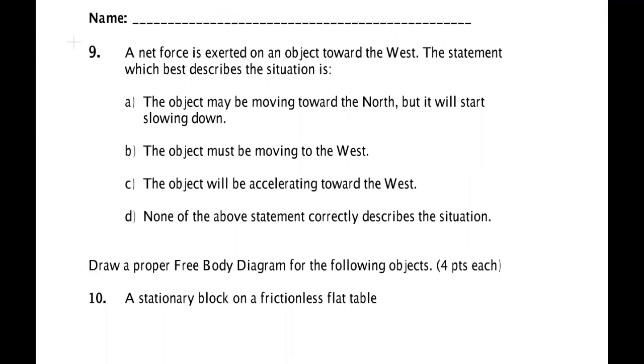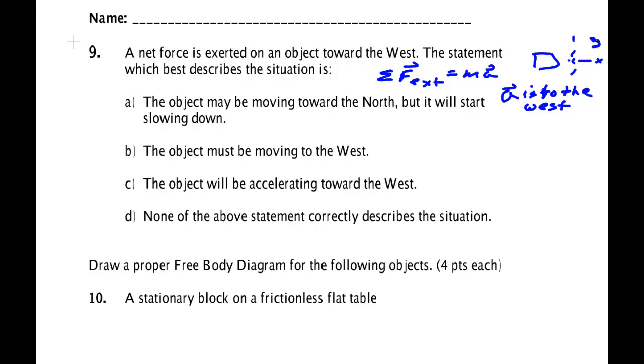Problem number 9. A net force is exerted on an object toward the west. The statement that best describes this situation again comes from Newton's second law. This is equal to ma. So if this is west, a is to the west. Now, so we know that much. So if we had a block here,